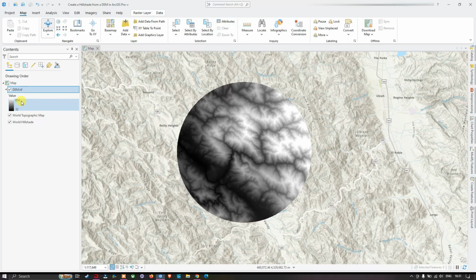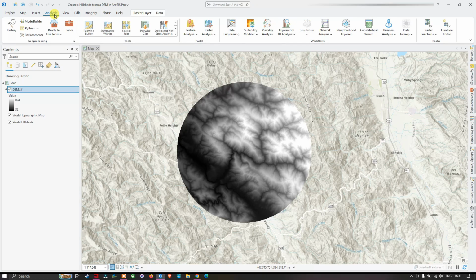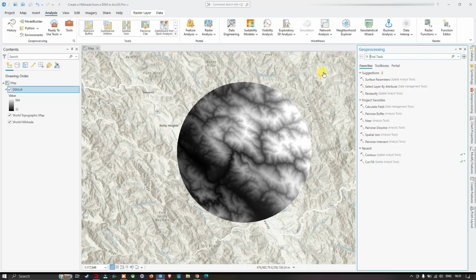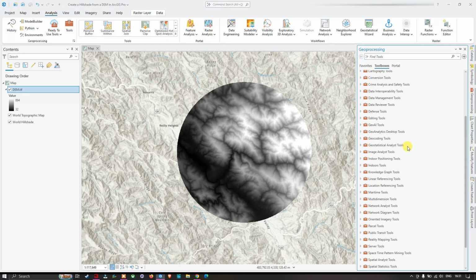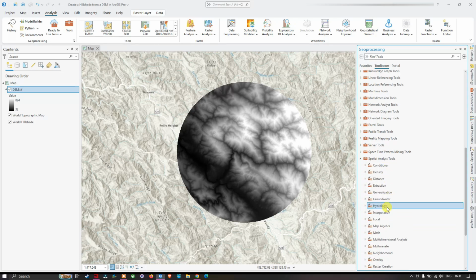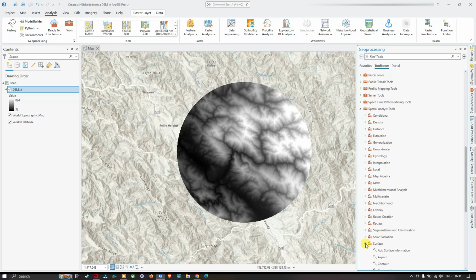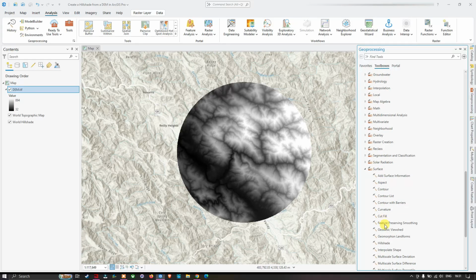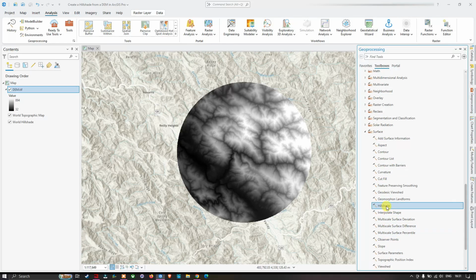So to create a hillshade, first we have to navigate to the Analysis section, and in that we have to click the option called Tools. Once you click Tools, a window pops up saying Geoprocessing, and in that we're going to click Toolboxes. Now I'm going to navigate down to Spatial Analysis Tools, and in that I'm going to navigate to Surface and select Hillshade. So this is the hillshade tool, so I'm going to click this,